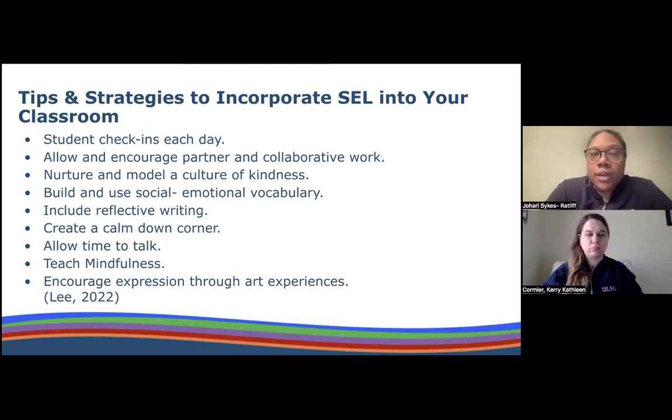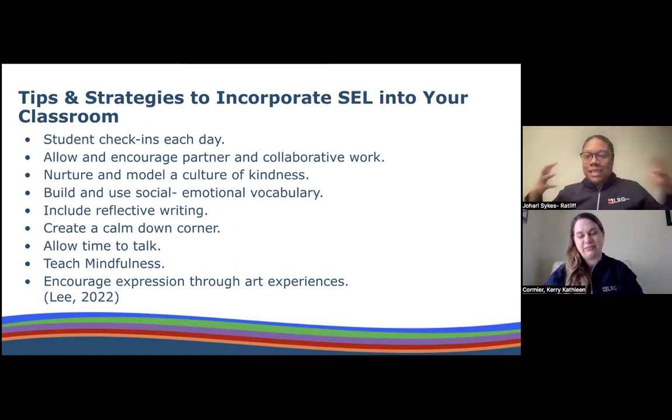feel secure. Create a calm down corner, which is my favorite thing ever, for specifically my child, and I'm sure Carrie's as well. But when we're all, even as adults, we get into the space where things can be so very chaotic and you're overwhelmed and you're like, yeah, I just need to walk away. Do we give children an opportunity to just walk away? And when they walk away, where are they going? And teaching them how to walk away. How to walk away, exactly.